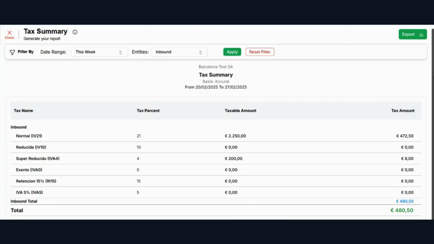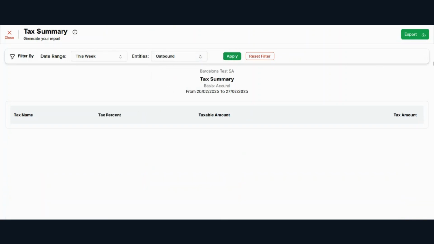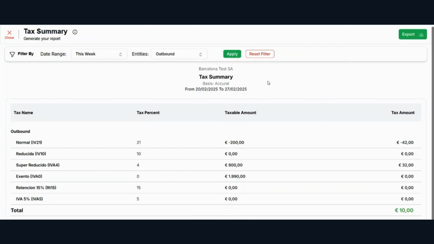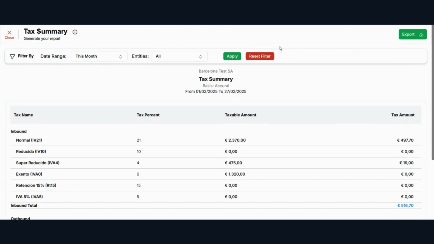This is inbound, and if I use outbound and then filter, you get this report. Now here you can again reset your tax summary, and you can export it by clicking here. So that's it for the tax summary.